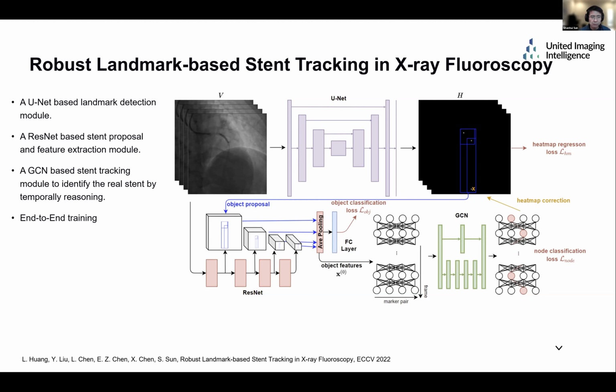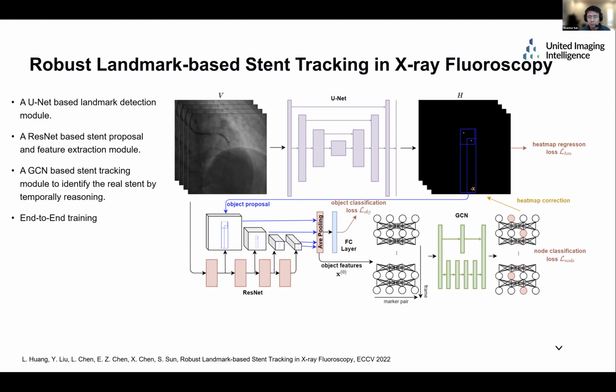In our solution, in the first step, we use a U-Net-like structure. We do a landmark regression first. We regress the landmark locations. Certainly, we get the heat map. And in the heat map, we have the detected landmarks. But among those landmarks, we have the true positives and we have the false positives. In the next step, we need to remove all the false positives and keep the